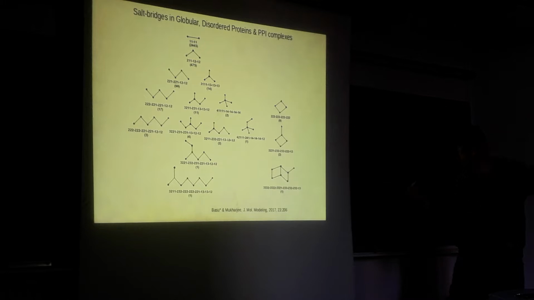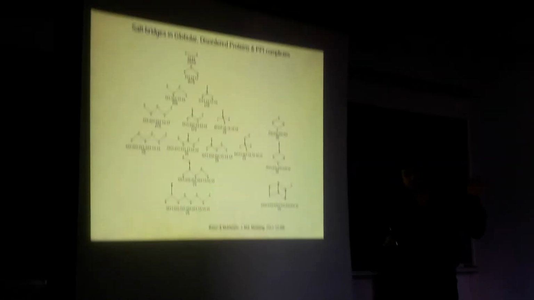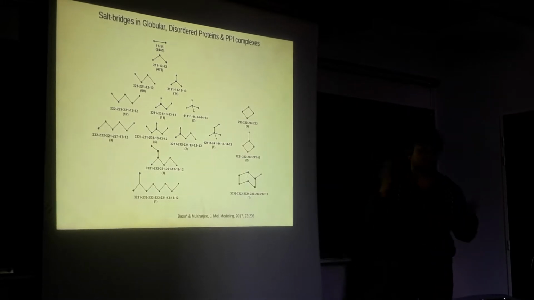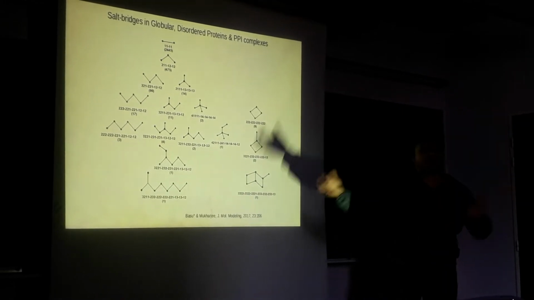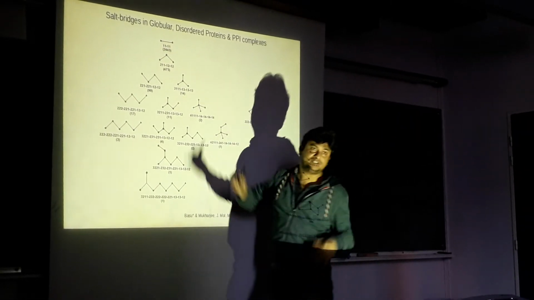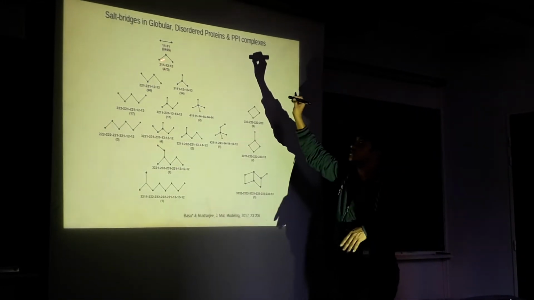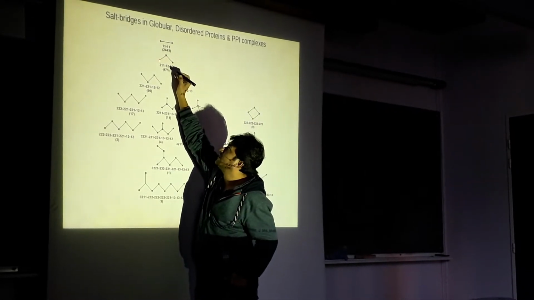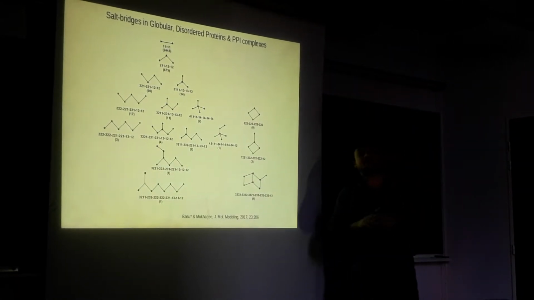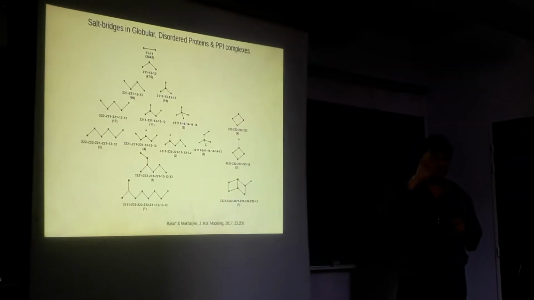So now I'm going into the other attribute, like for disordered proteins. For that we first tried to use the same numeric formalism to identify all the salt bridges within the context of globular, disordered and protein-protein complexes. As we can expect, the isolated salt bridges were the maximal, they came at a maximal frequency, followed by a bifurcated salt bridge. So here we can have arginine at the center and you can have glutamate or aspartate and vice versa, obviously, because remember, other than lysine, all the other charged residues including histidine have two degenerate